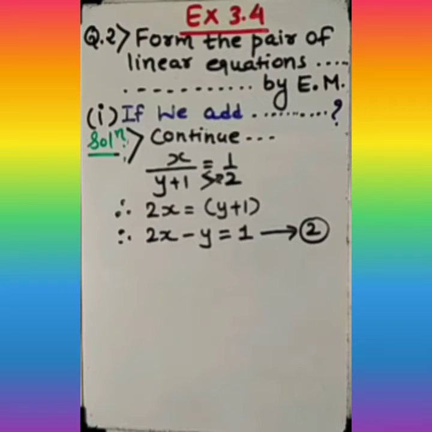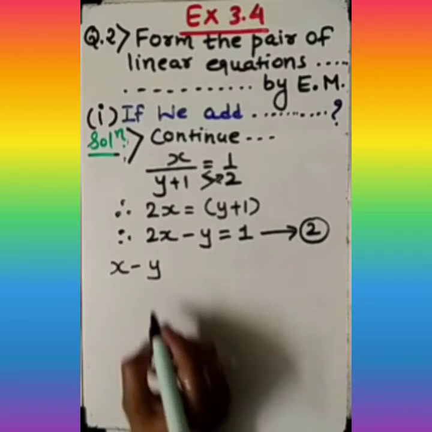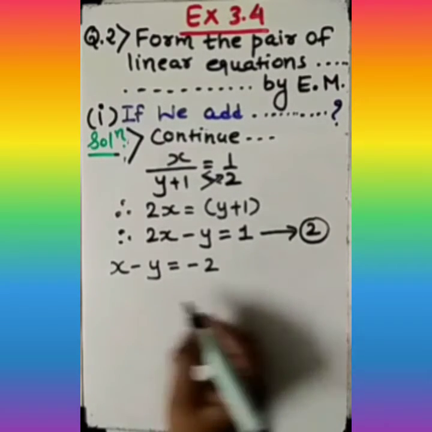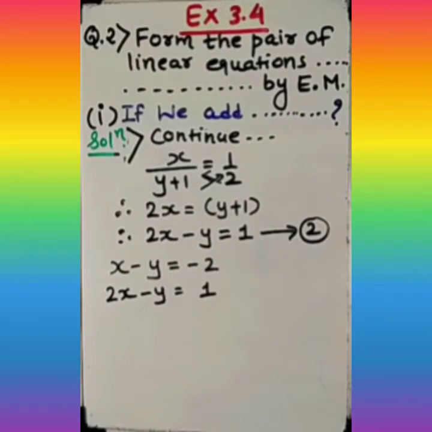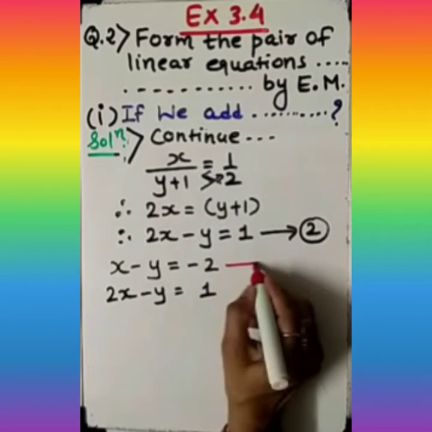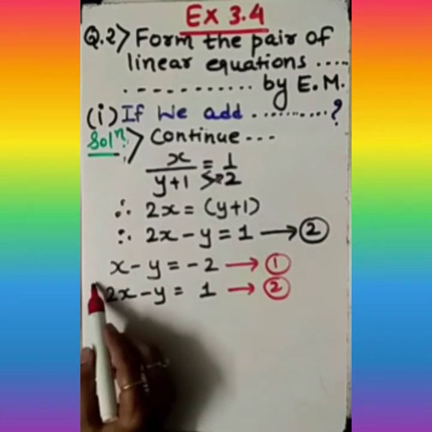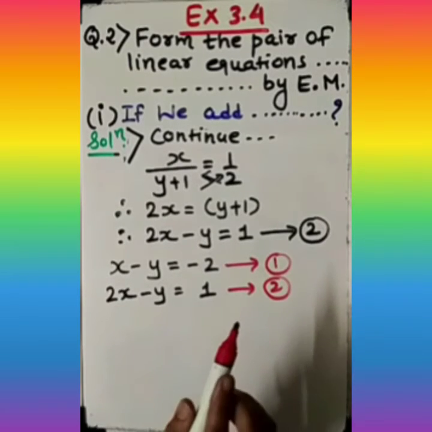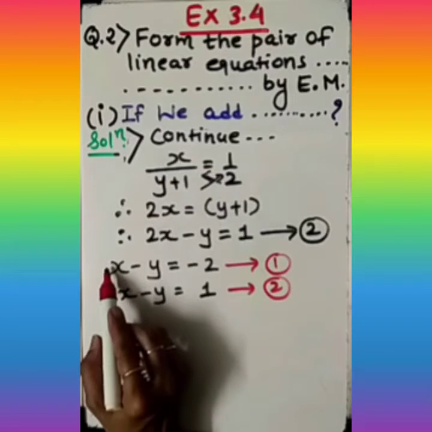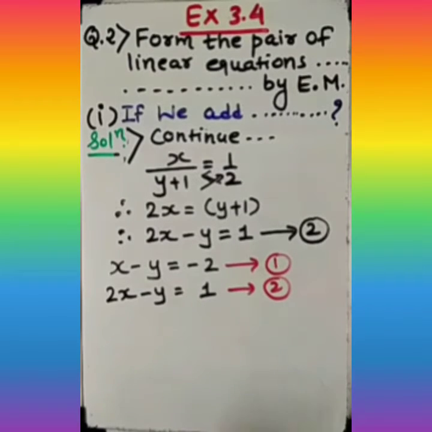Now let's work on both of these results. Let me write the first equation again. The first equation was x minus y equal to minus 2. And the second equation we got here is this, right? Just observe here, suppose we want to eliminate y, then we need to subtract both of the equations. This is the first option. If not, if we do not want to go with that, we need to multiply the first equation by 2. Okay, so for the safe side we are going for the subtraction only.